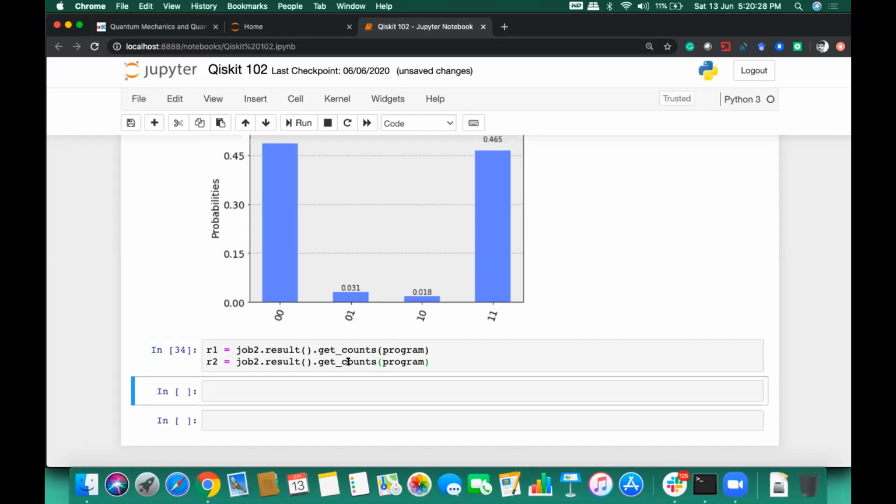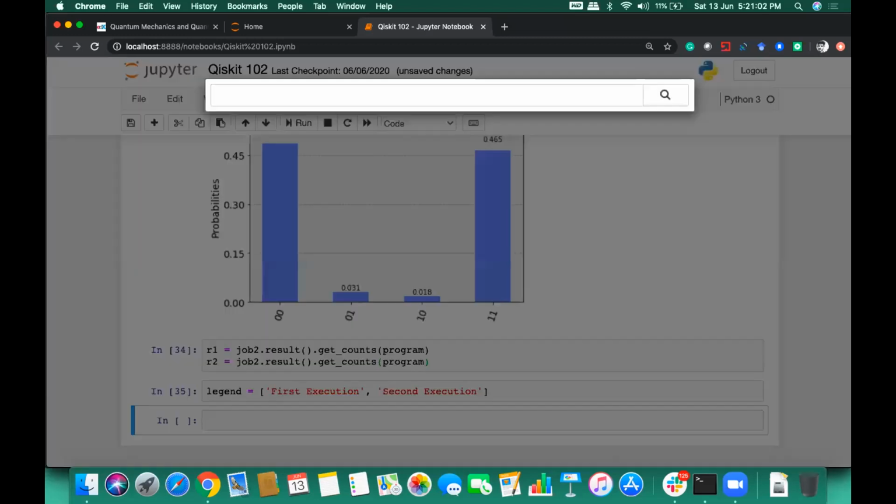So R1 and R2 here have the results of the same graph, and I have stored them there. And for plotting multiple results in one go, to denote both the results separately, we will be using a legend. So the legend is the naming which we can give for both the executed circuits. So I'm naming them first execution and second execution.